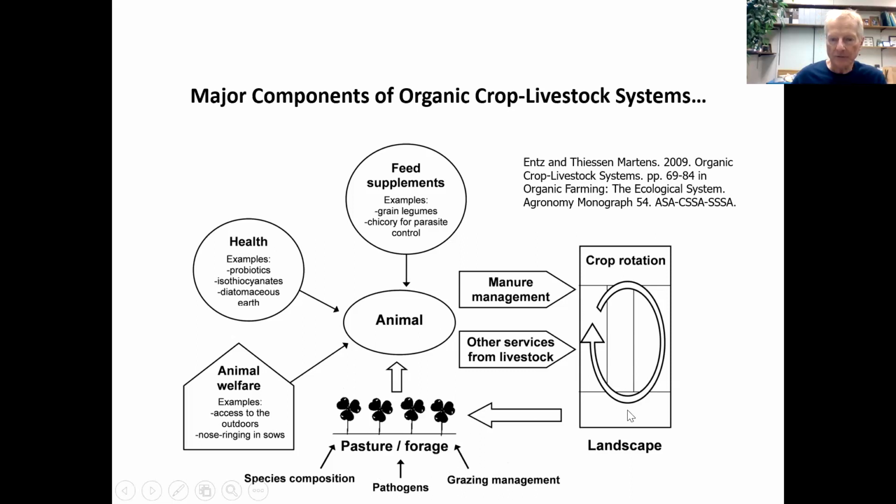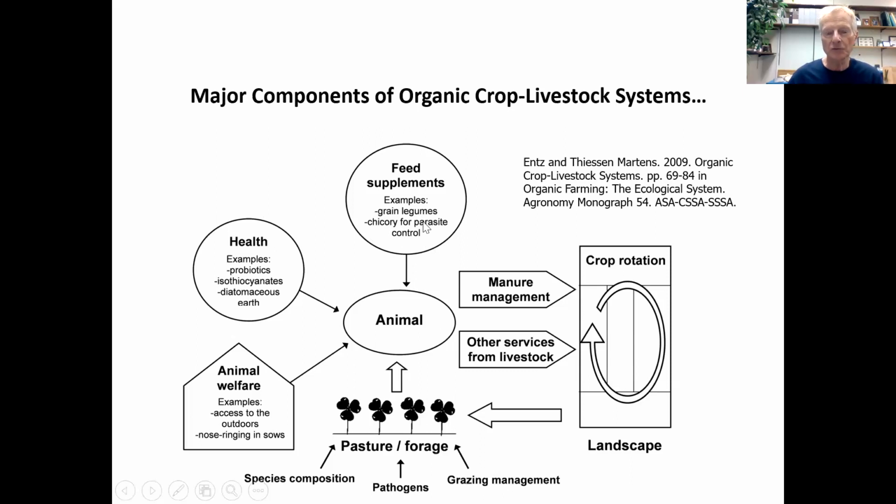And these perennial pastures might be in rotation with grain crops. And of course, that's something that we're really interested in organic production. But let's just hang on to that thought for a second. The animals are also getting other feed supplements and things like grain legumes for protein. If they're pigs, they definitely need protein. If they're poultry,